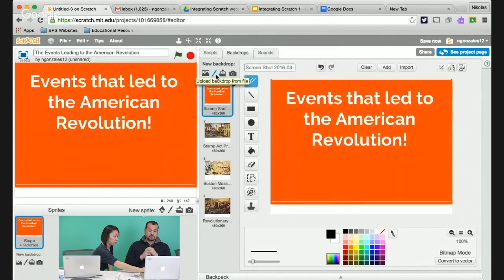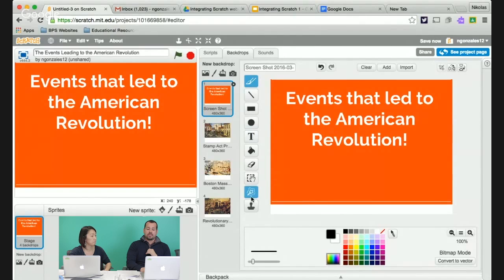What we did was upload from file. You can also import from a camera or take a picture as we program. So if you were going to create a project introducing yourself, you can take a picture of yourself using the camera on your computer and just import it right into Scratch. And here are all your editing buttons as well if you want to add text and whatnot